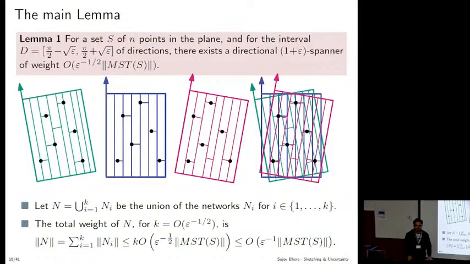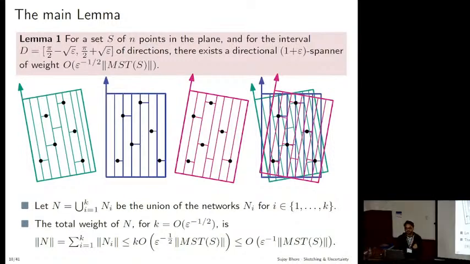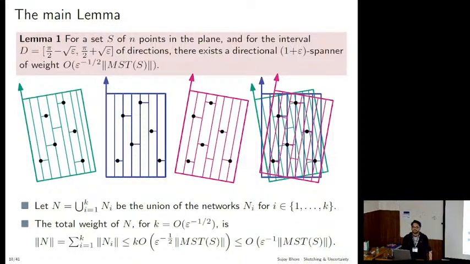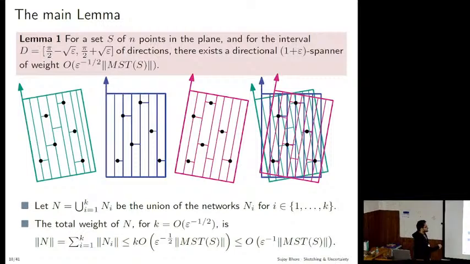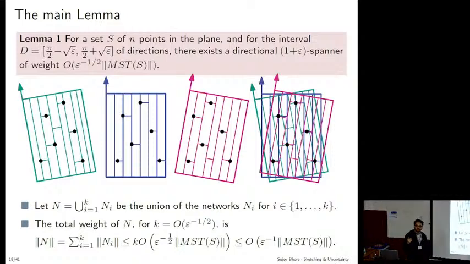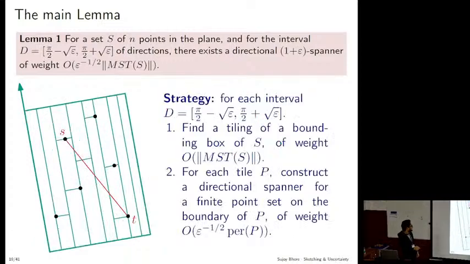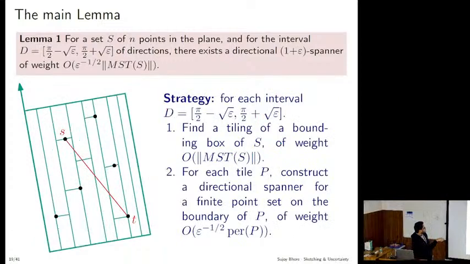Okay, so let's think for a moment, what do we have in our hand? To whom can we charge? We can charge against MST. MST comes for free. It doesn't matter if it is L2, L1, so we will fall back on L1. So let's start with rectilinear MST. These are all different directions. For every direction, I'm going to construct a rectilinear MST, and then I'll do something. What is that something? The hope is, when I'm talking about this particular direction, let's say pi by 2 minus square root epsilon to pi by 2 plus square root epsilon, with respect to every tile, I'll find a way to travel between this pair of points.